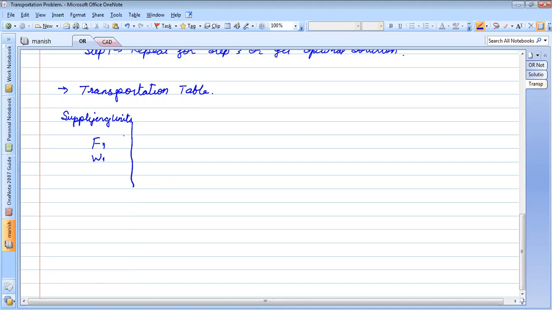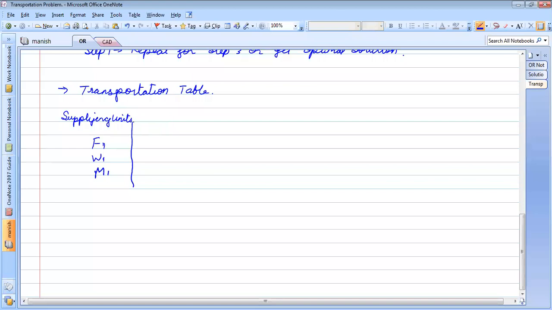Like what companies do is, a company like Coca-Cola will produce bottles at their bottling plant. They'll bring it to a warehouse, and from the warehouse, it will be sent to your nearby shop from where you get the bottle, isn't it? The company doesn't directly send it from the factory to your home. They'll send it first to the warehouse. From the warehouse, it is circulated to the retail shops. So if the warehouse to retail shop is in the problem, then the warehouse will become the supplying unit. Or there can be a manufacturing unit M1, anything.